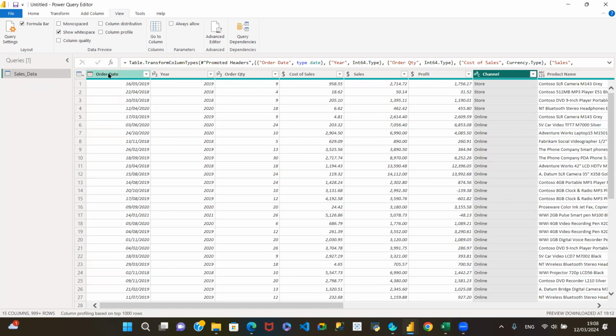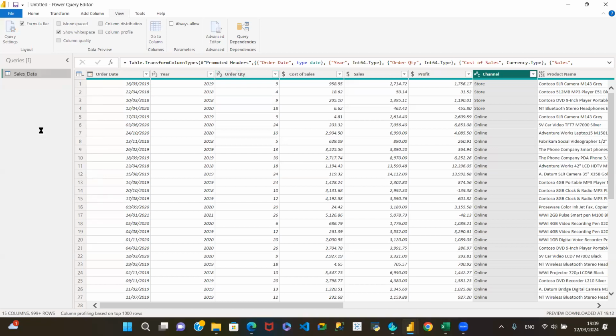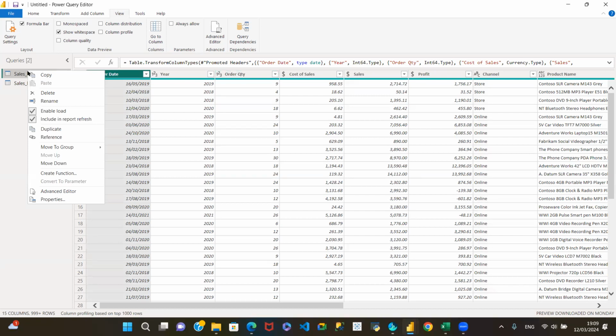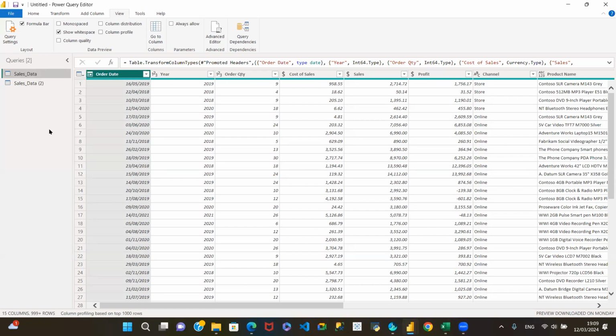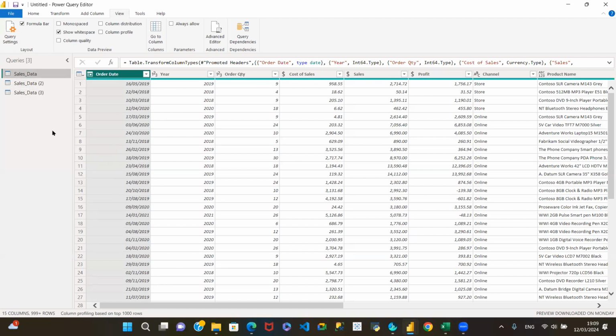But before we go on to the date table, I'm just going to make a duplicate. And we've learned about duplicate and reference before, in one of our videos, where we explained what the difference between those two is. In this case, I'm going to duplicate. Sometimes you might decide to reference, but I'll duplicate now. So we need quite a few of those, because we've talked about